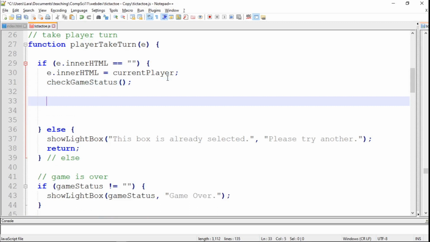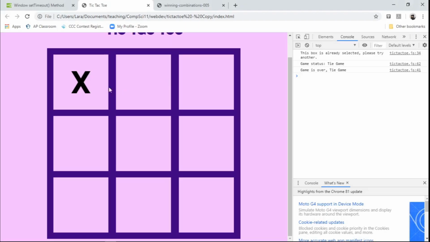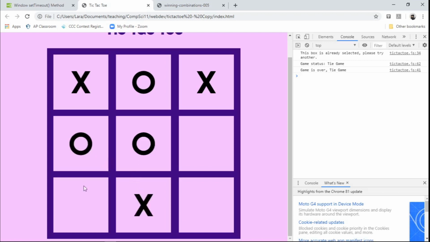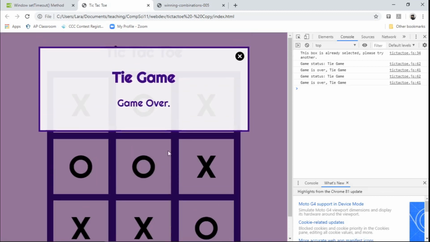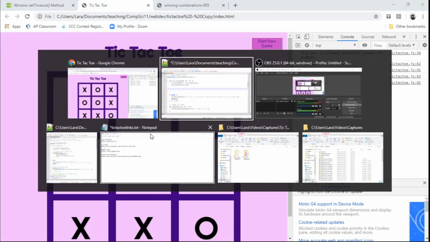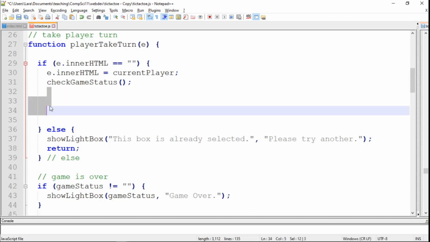One thing that's kind of unique in tic-tac-toe is, let's pretend the computer is O. X goes and then the computer, or O, goes, and then X goes and then O goes, and then X goes and then O goes, and then X goes and then O goes, and then X goes. So the O always goes after an X, but not every time. In fact, X is always going to get 5 turns, O is always going to get 4 turns. So what I'm going to do is code in here the computer turn